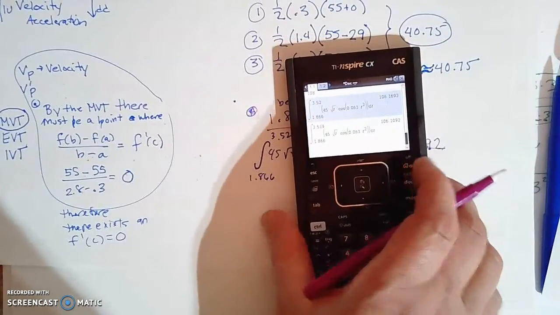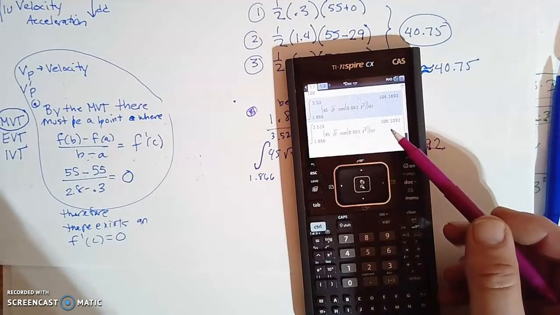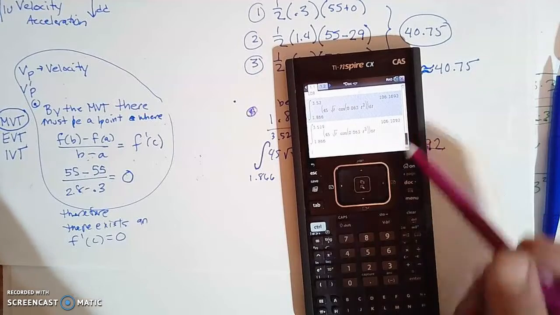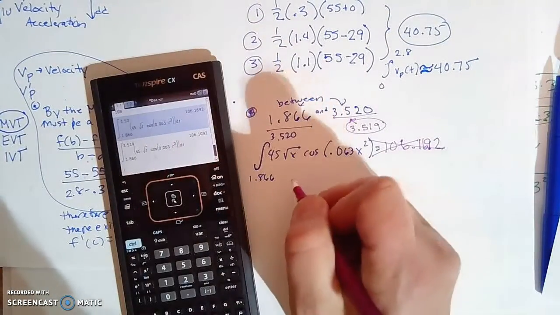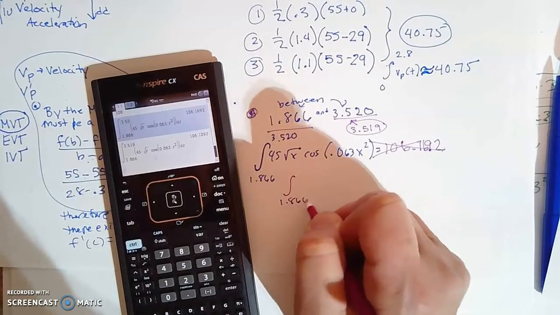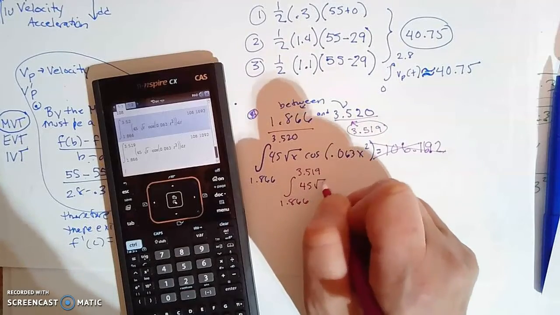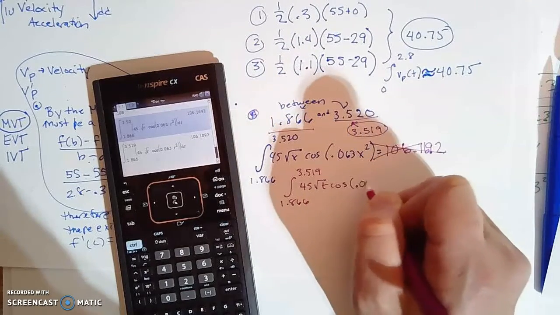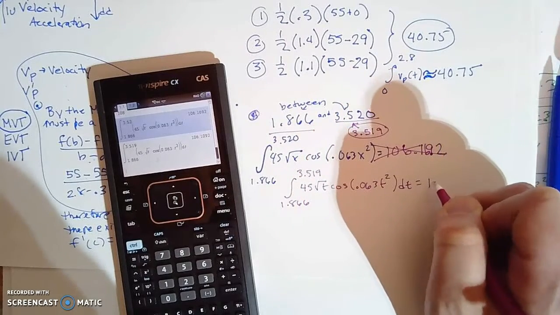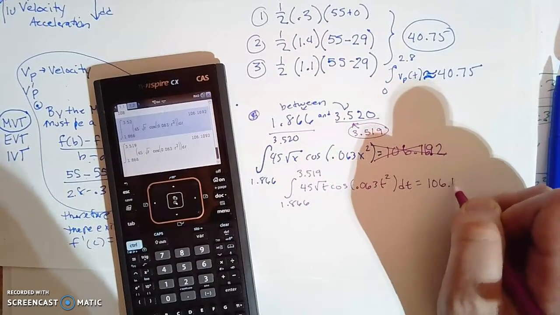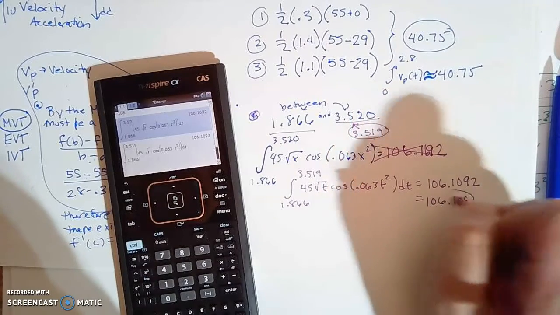So if I put 3.519 in the calculator, I get 106.1092, which is going to be the correct answer. And when I write it down, it should look like this: integral from 0.66 to 3.519 of 45 radical t cosine 0.063 t squared dt equals 106.1092, which I round to the thousandths place, which equals